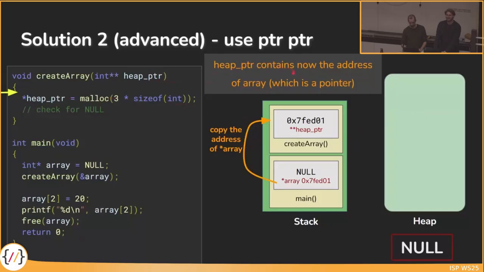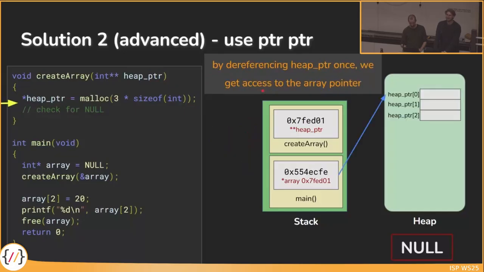The heap pointer now contains the address of the array, but I get my heap pointer dereferenced, so have a look at this variable here, go to this address, which is in the main, and store there the address on the heap which contains my array. I know it's confusing,